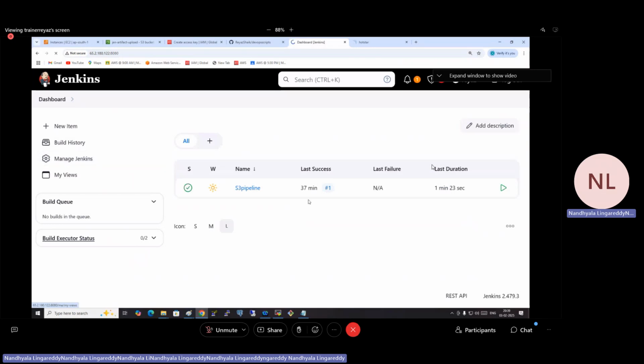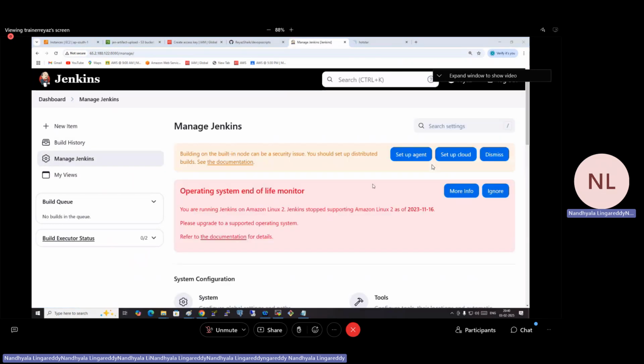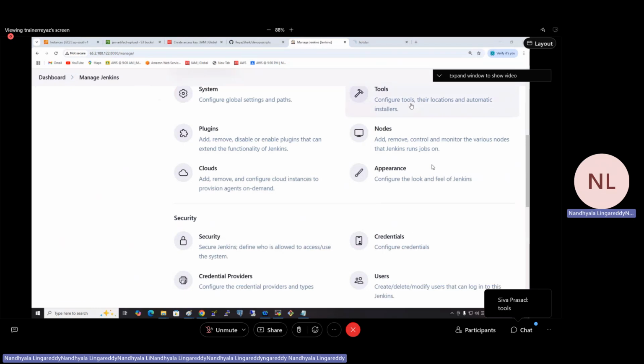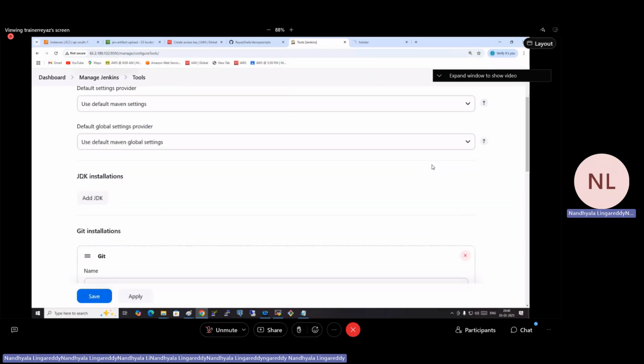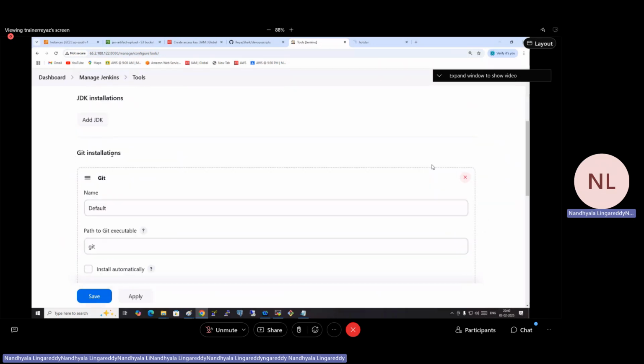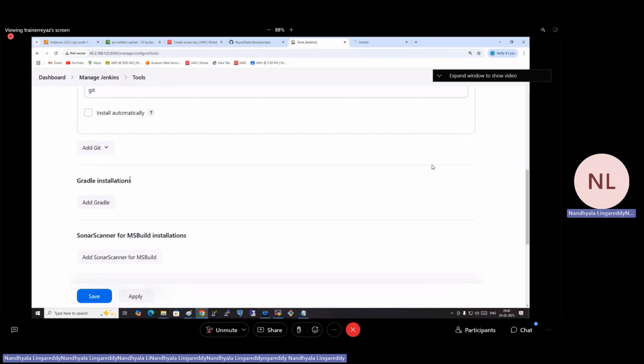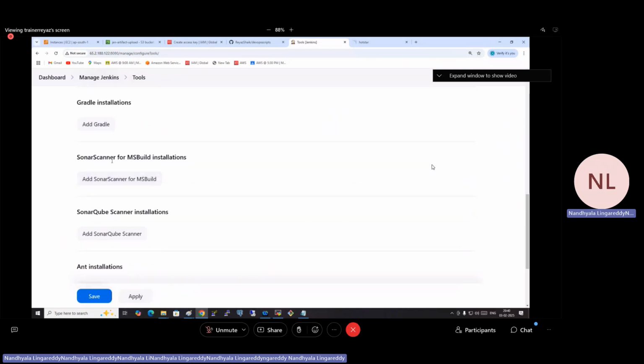And what is the last thing that we need to do? Tools. Go to tools. If you open tools, what are the tools we have inside this Jenkins machine? We have what tool? Maven tool. We have installed JDKs. We already installed Git. By default, Gradle is there. Now what we have? sonarqube for